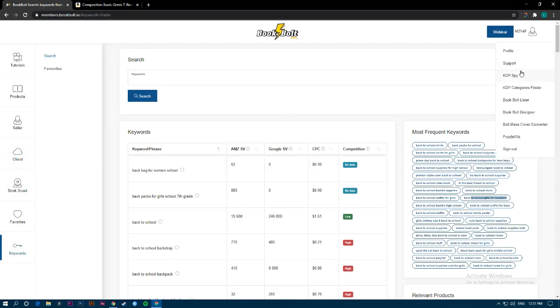There are a lot of other tools in here, like KDP Spy, KDP category, Bookbolt Lister. It saves a lot of time to list. And there is Bookbolt Designer. I will make another video about it. It's pretty simple and saves you a lot of time. If you want, just go to here and get ideas. Go to here,